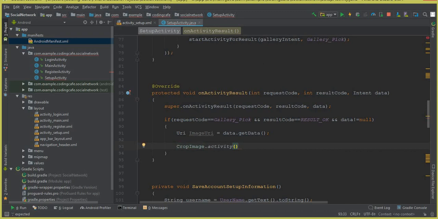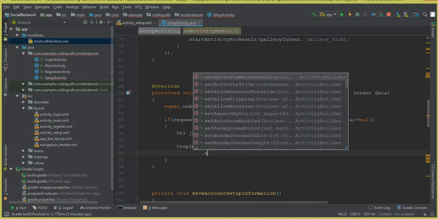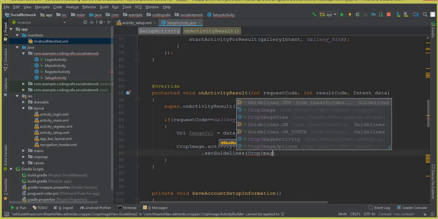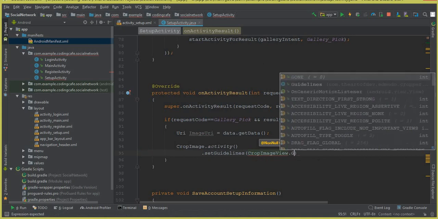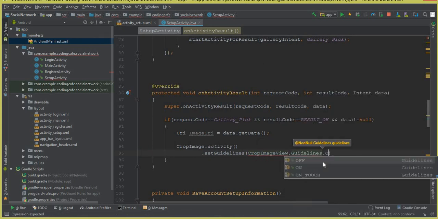So we are going to display the cropping activity where a user will crop his profile image. Then we can say dot setGuidelines, CropImageView.Guidelines dot ON,